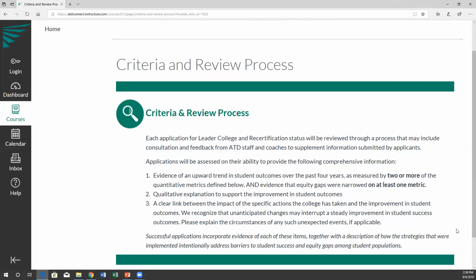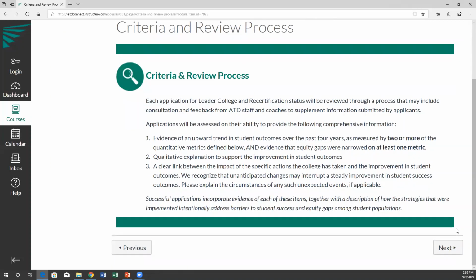We do recognize that unanticipated changes may interrupt the steady improvement in student success outcomes. Please explain the circumstances of such unexpected events if applicable. Each application for Leader College status will be reviewed through a process that may include consultation and feedback from ATD staff and coaches to supplement information submitted by applicants.